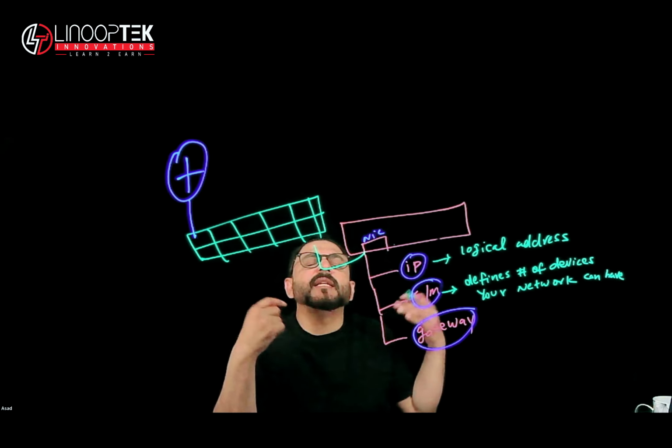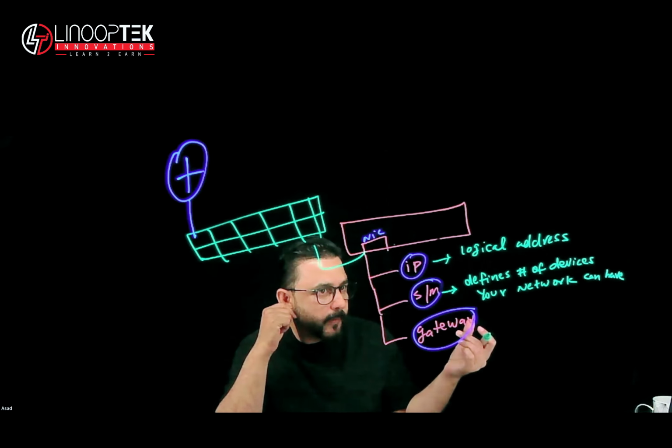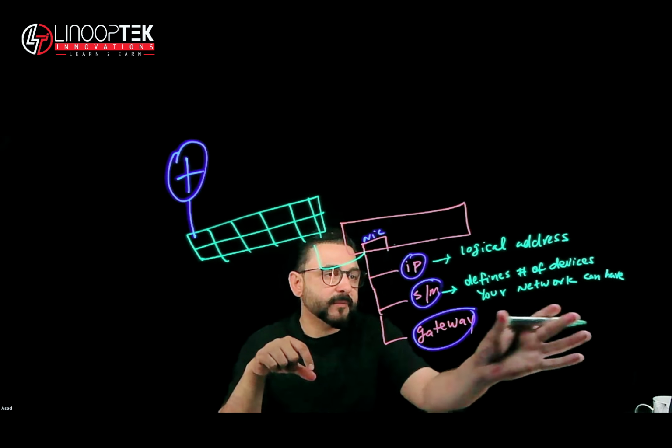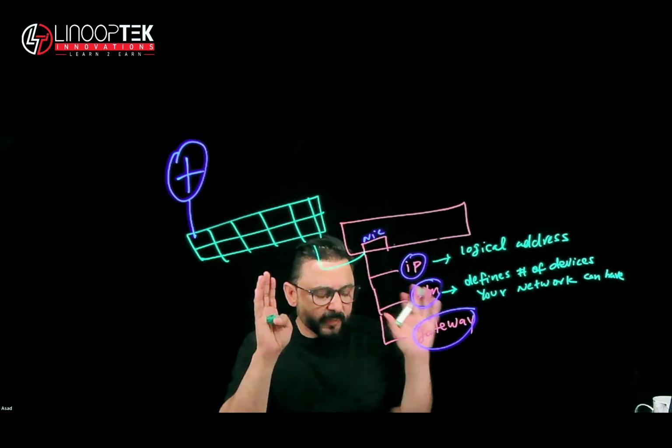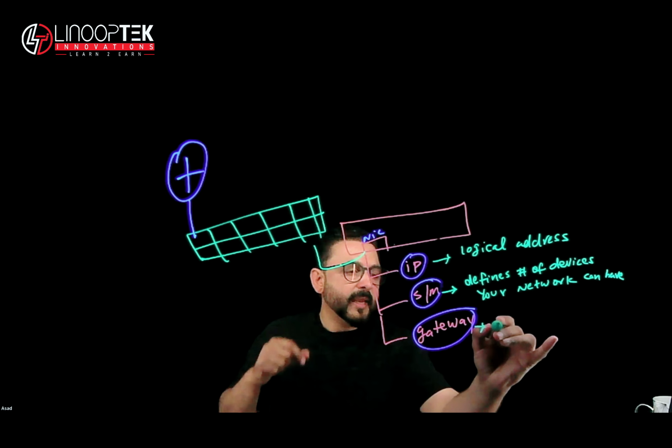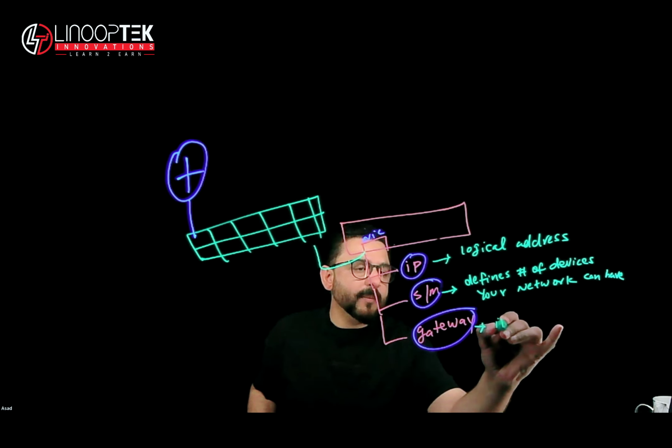That's a very simplified version, Rick. I don't want to complicate things over here. I know that you have a good understanding of this stuff, but for everybody else, I'm giving a very basic definition. Gateway is basically the IP address